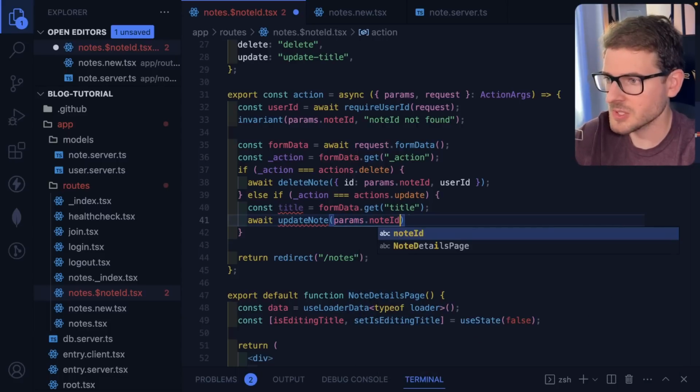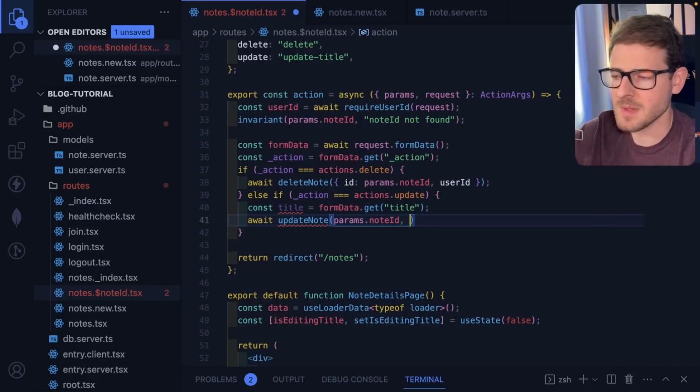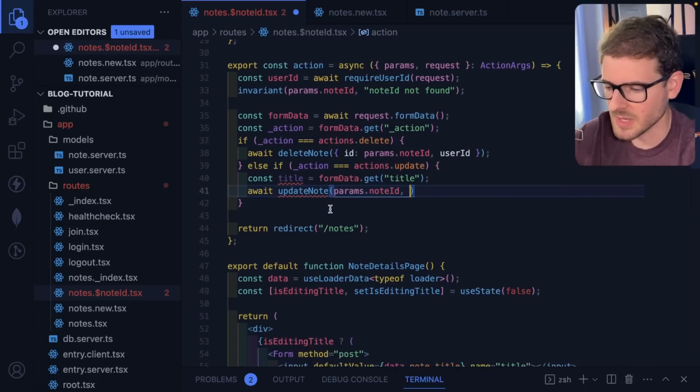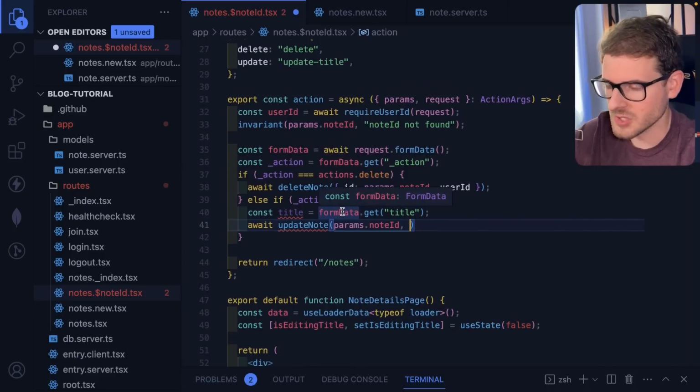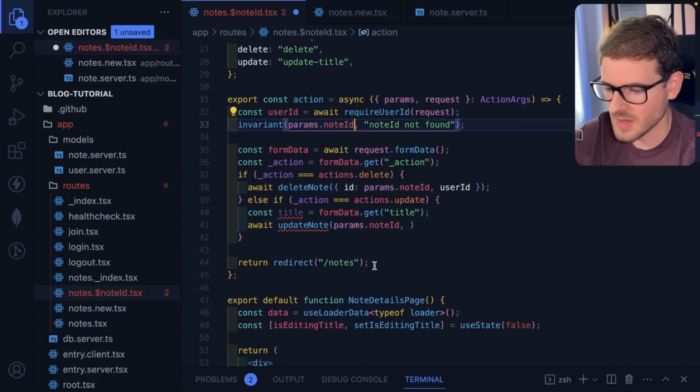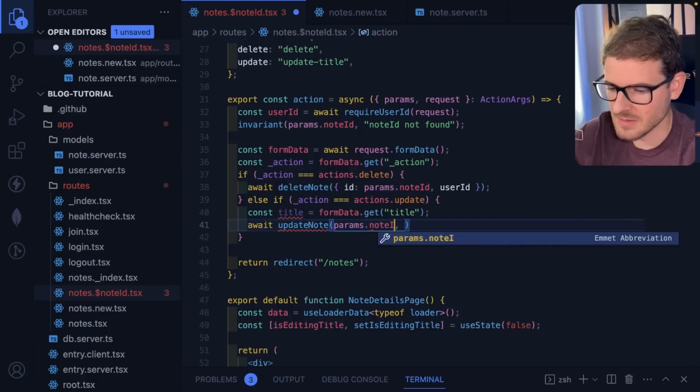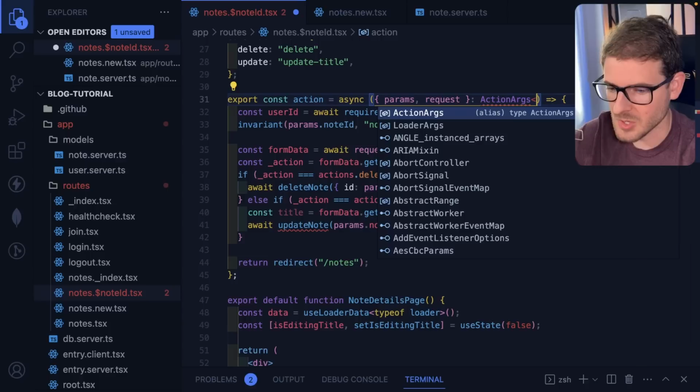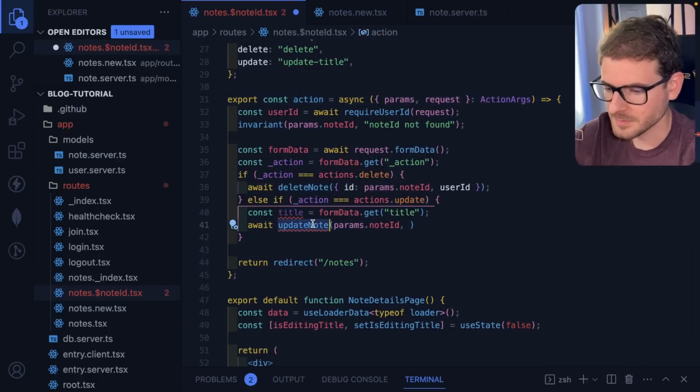That's not typed. I wish there's a way to type that. And again, there might be. I haven't gone through all the docs. I'm just playing with this for the first time. So if you know of a way to have this thing be typed so that I don't have to guess at stuff, that would be pretty cool. Maybe you just go over here and you add something. I don't know. Let's pull in update note and let us go ahead and pass in, I think we need